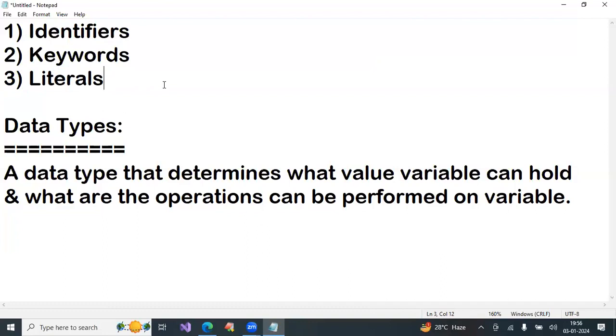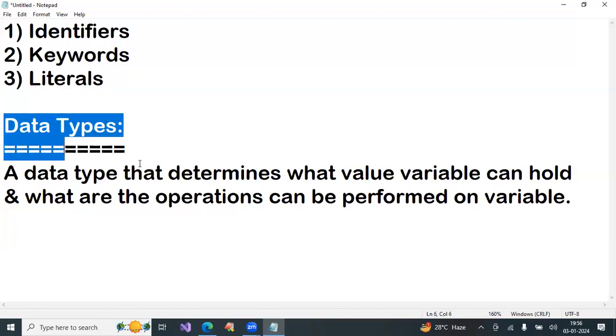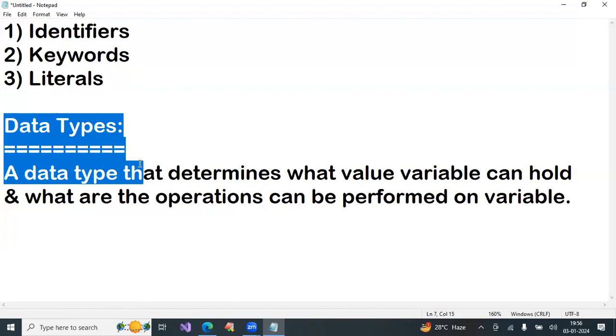Like that, you will select some data. Based on that data, you select which category of literal is required: integer, floating point, character, or string literal, which you studied yesterday. After selection, you have to select the type based on range. Then the data type picture comes in.